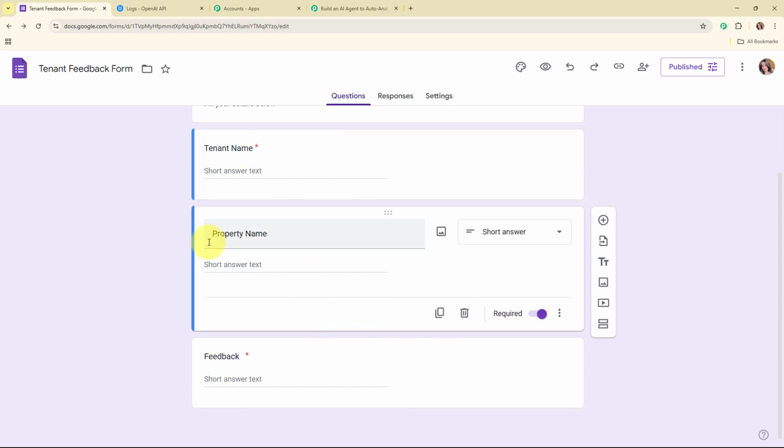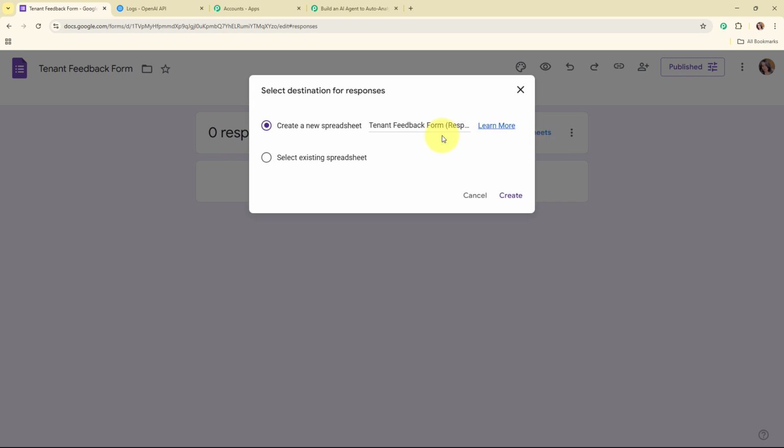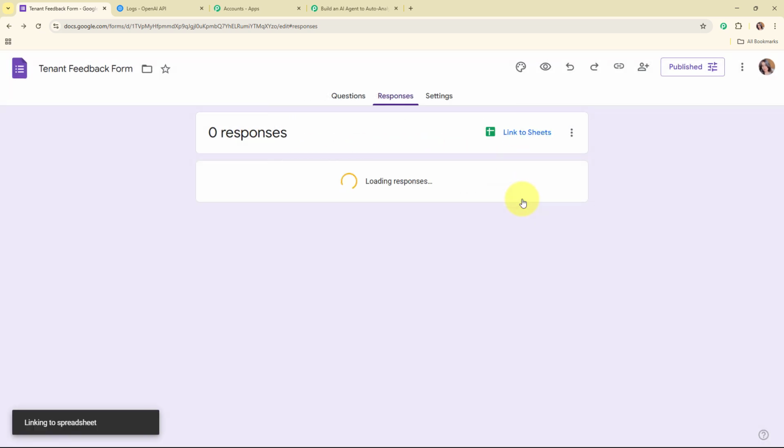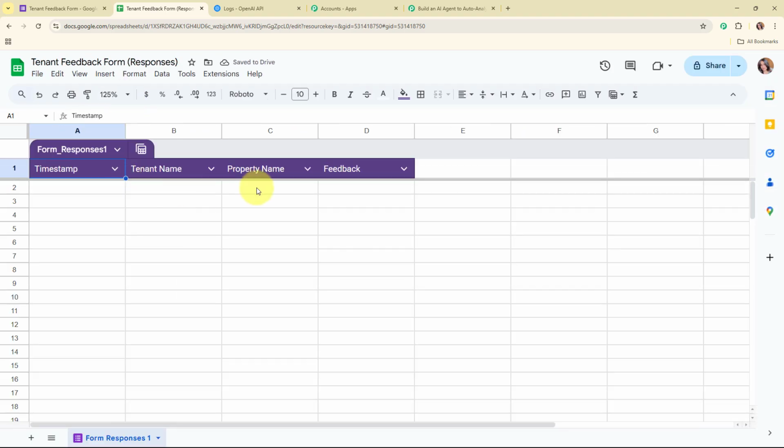So now here I want that whenever I'm going to receive a new form submission through this Google form, then instantly and automatically that data should be captured in my Google Sheets to store these responses in an organized format. So for that we are going to click on this responses, and from here we are going to click on this link to Sheets, and here we are going to create a new spreadsheet for the same. And here you can see we have successfully created a new spreadsheet over here where we have received the same fields that we have added in our Google Forms.